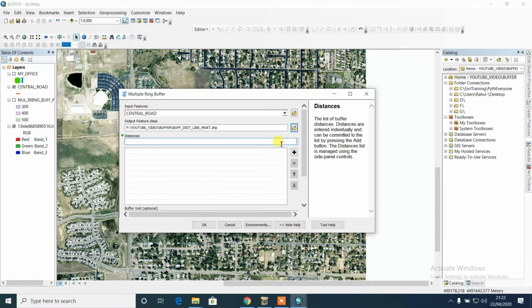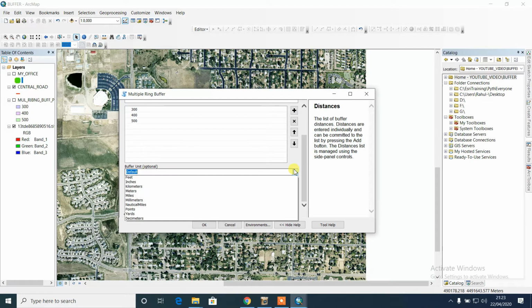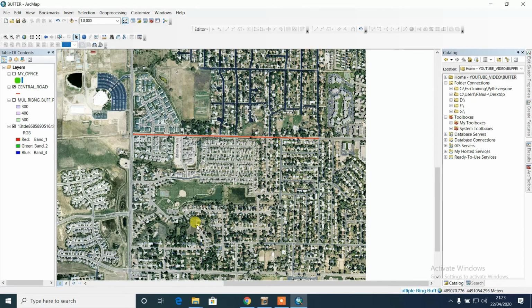Exactly, here I input the same 300, 400 and 500, and the buffer unit is meters for me, and just okay. It's running.